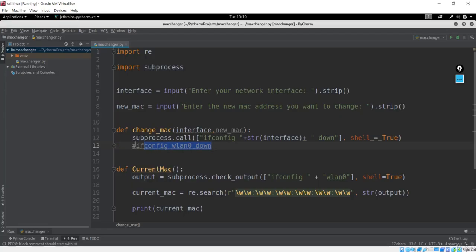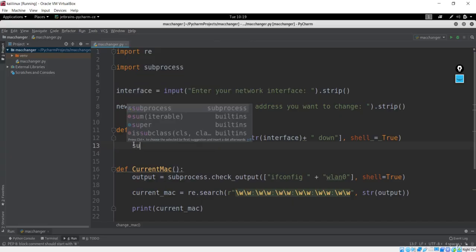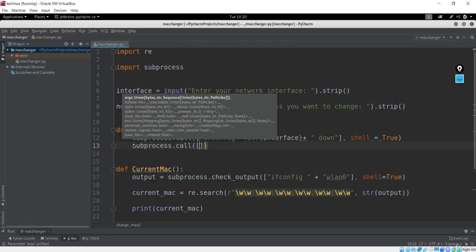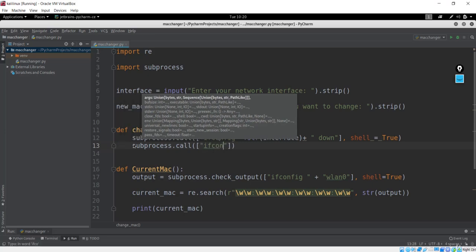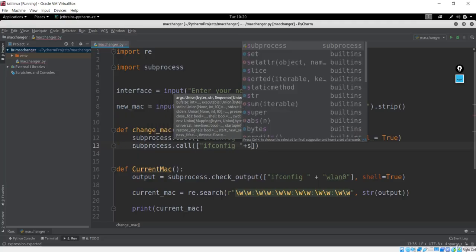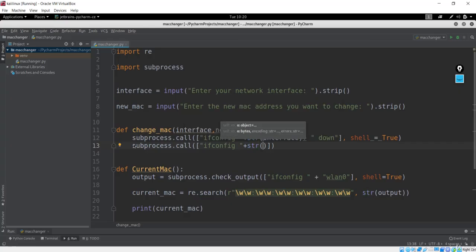So this is the command from the subprocess, and after this is executed, we have to call another process again, and that is the ether process, basically changing the MAC address of this current MAC. So I'll also say ifconfig, and give the space again as usual, and add the interface, which will be typecast to a string.